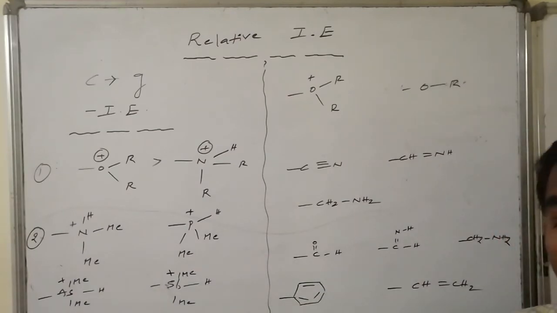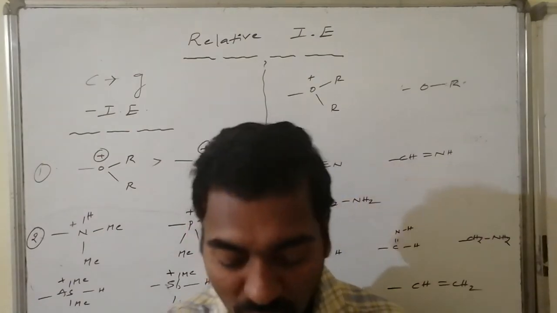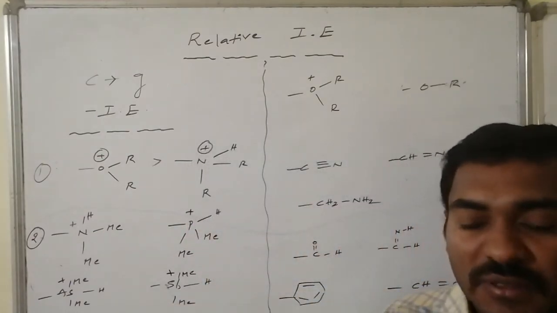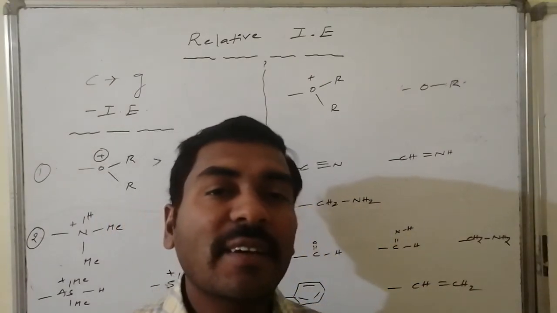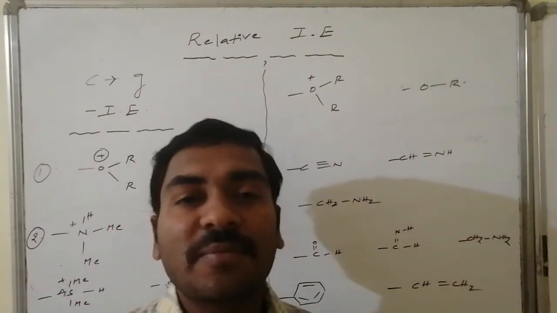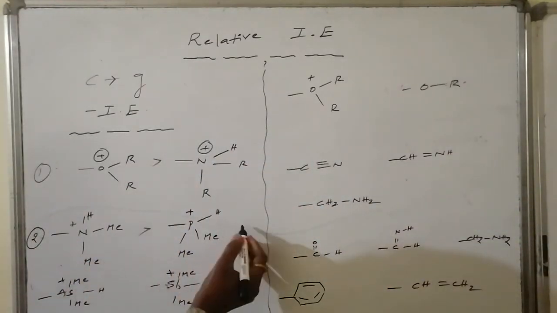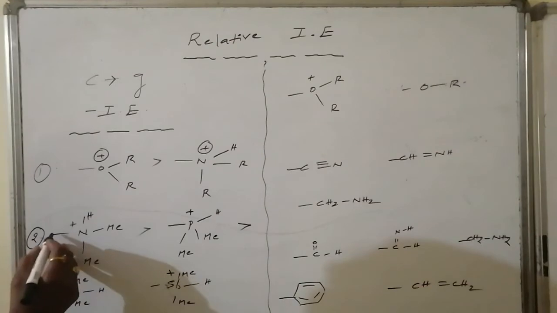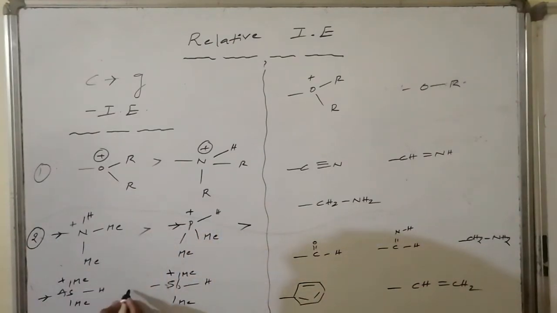From top to bottom, electronegativity decreases. The ability to drag the electron density, to hold the electron density, becomes little. As a result, they are deficient. They can take the electron density, but the withdrawal nature is little. Therefore, in this case, nitrogen has the higher ability, so electron density moves towards the nitrogen, phosphorus, arsenic.